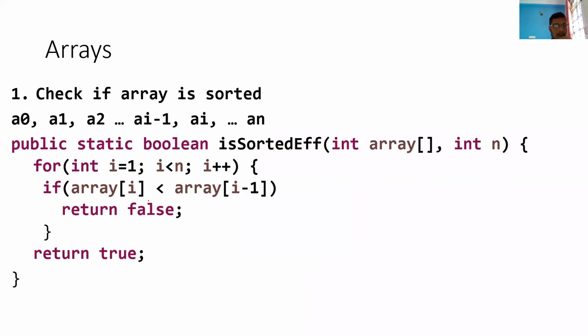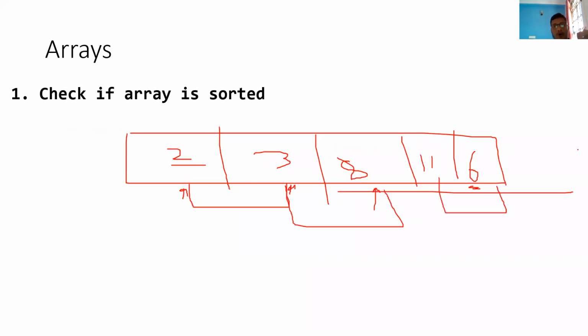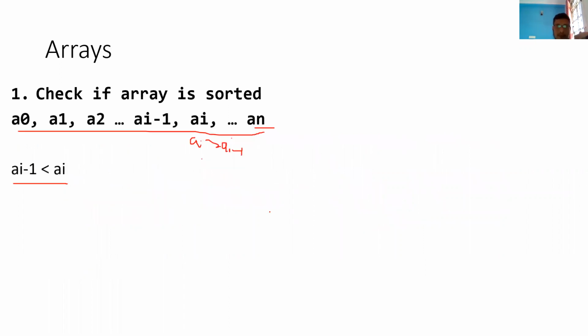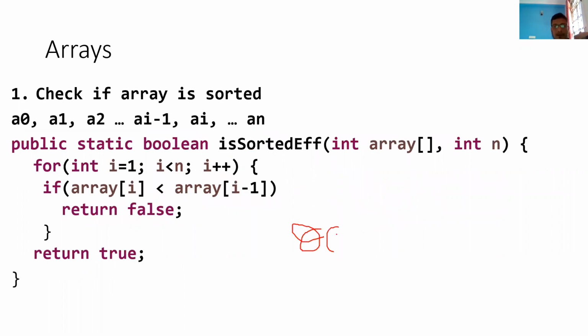What we do is just compare with the earlier element. We are not doing comparison with all the elements. We are just doing comparison with these 2 elements, and these 2 elements, next these 2 elements, and these 2 elements. If we hit even one scenario where it is not less than, then we say that it is not sorted. For example, in this case, till here we don't have any problem. Here we compare 11 with 6 and check if it is less than 6. No, this breaks the loop, so we say it is not sorted. So this will always be achieved with theta of n time.